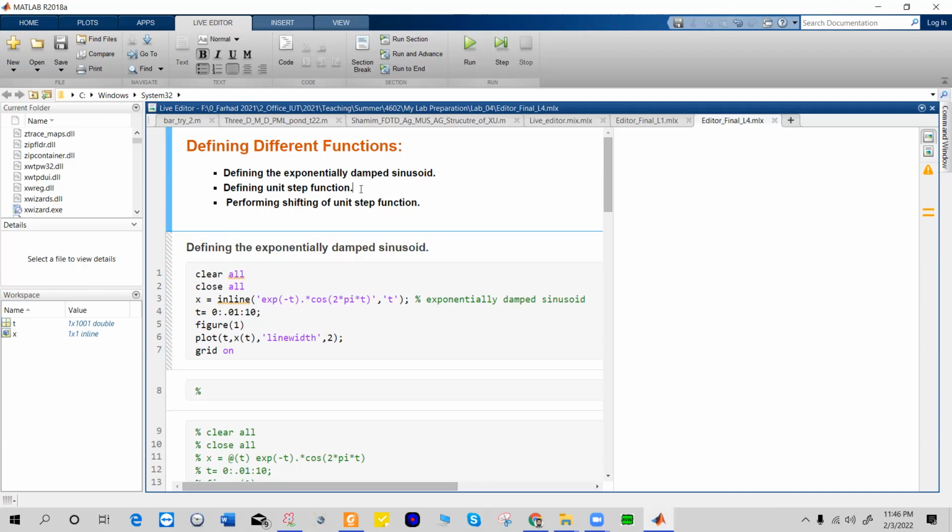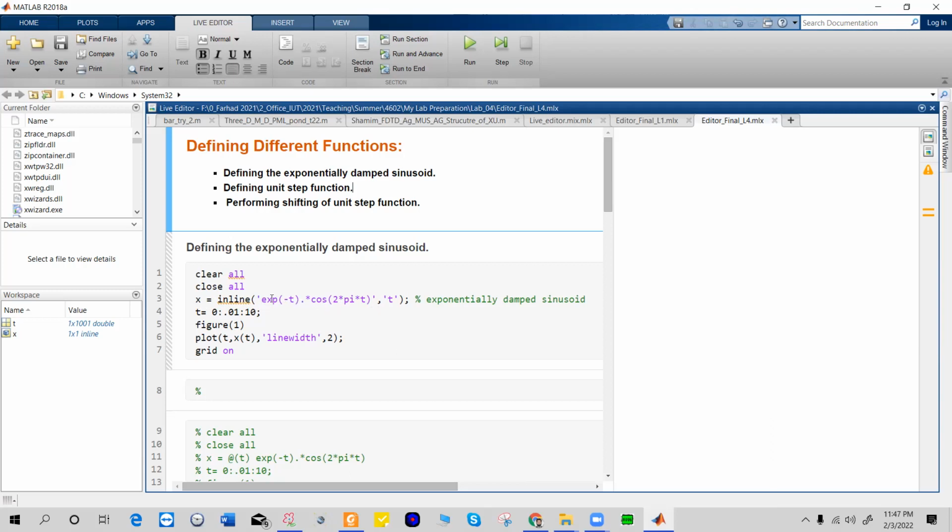So we'll first generate x of t, and then we'll check these three properties on those generated signals. Okay, so here you can see this section, and in this section we have generated one function x of t. So please look at the code: clear all, close all, and then x inline exponential minus t cos twice by